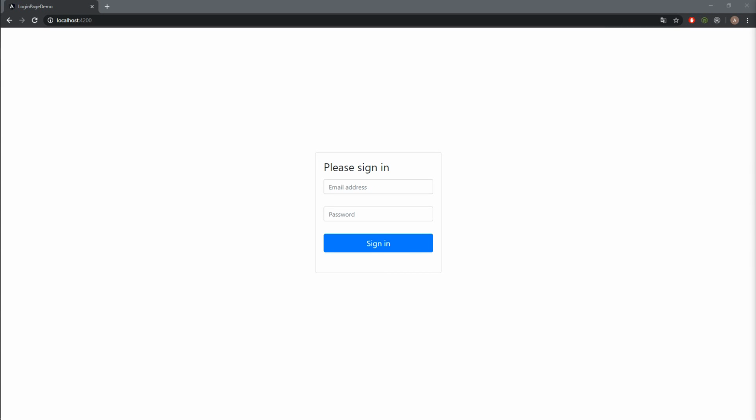Today we'll learn how to create a template-driven sign-in page like this one. We will also learn about the validation of the form. So right now we have the empty form. If we click the sign-in button, we can see that we are getting the error message that the form is